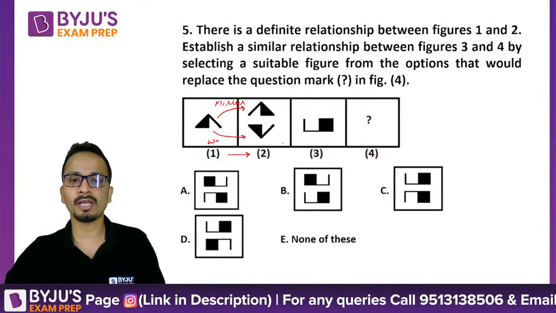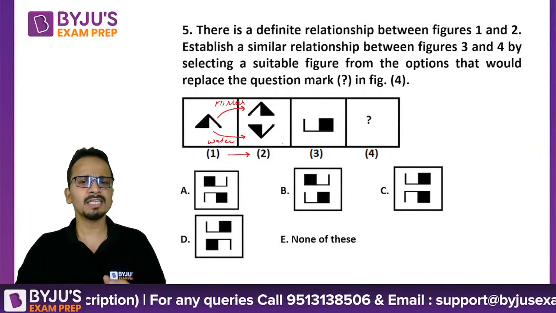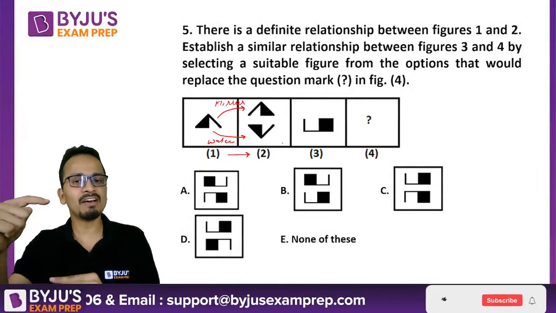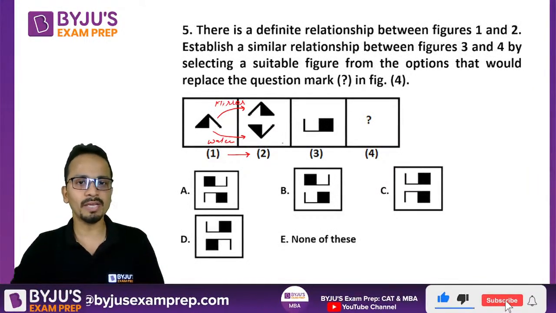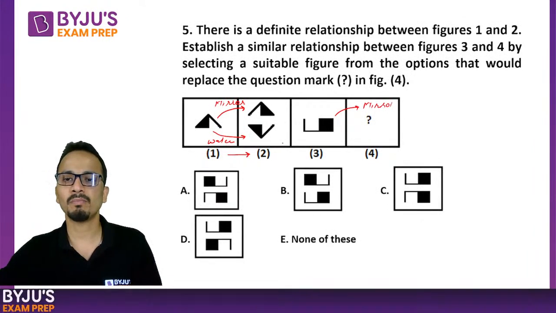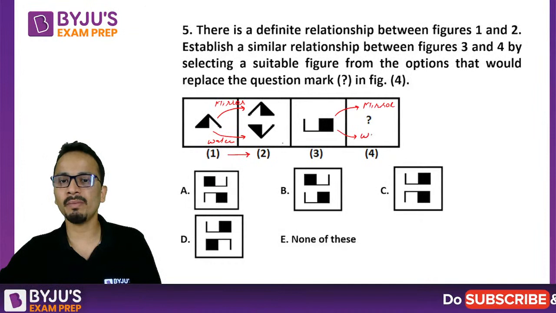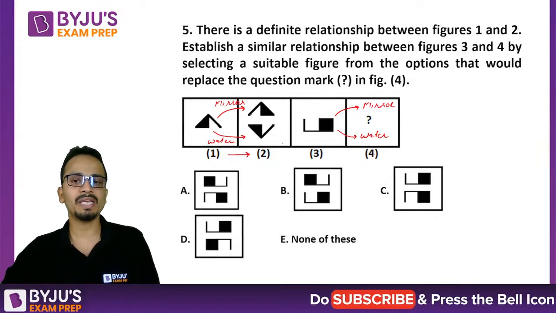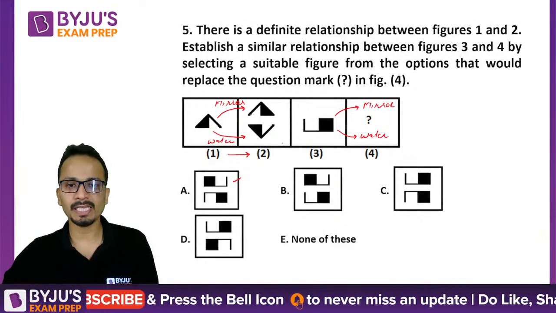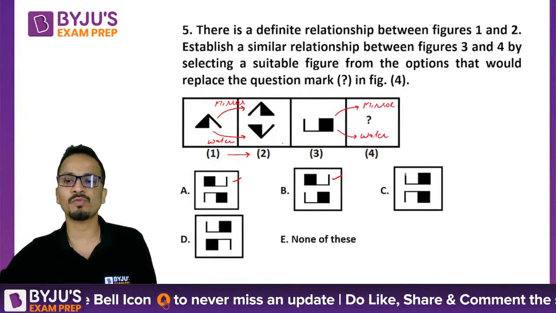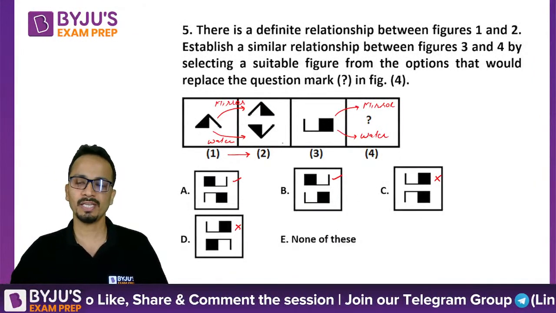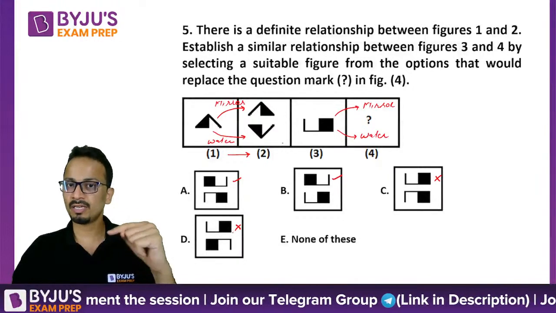This is the water image. So what they have done is they have just made the mirror image as well as the water image, and they have placed them one over the other. Okay, so first of all, I look at the mirror image of this figure, place it up there, and then the water image of the same figure, and it will be kept downwards. So mirror image of this figure. So option A, yes, it is satisfying. Option B, it is satisfying. Option C is not satisfying, and option D is not satisfying. I'm just checking the figure above.